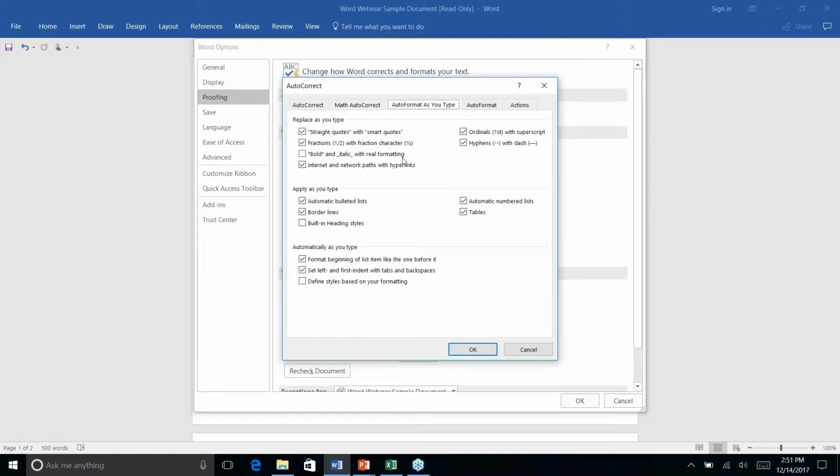Auto format as you type also has a couple of options in here that you will find useful. By default, it is going to change your ordinals. So if you have things like first, second, third, it will take the ordinal there and put it as a superscript, which means it'll be in smaller letters towards the top of the number. It's just a little bit more visually pleasing. If for whatever reason you hate that it does that, you can come in here and turn it off. Same thing with changing the quotes,